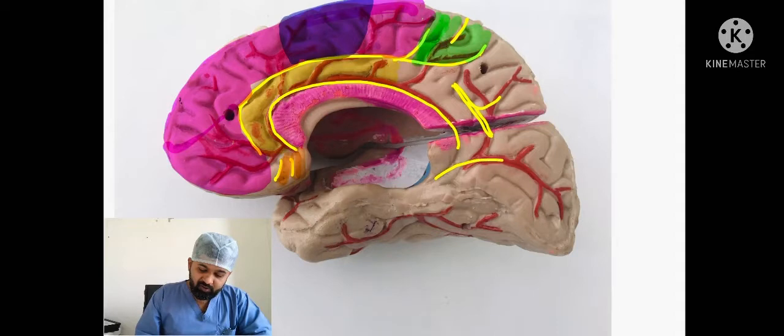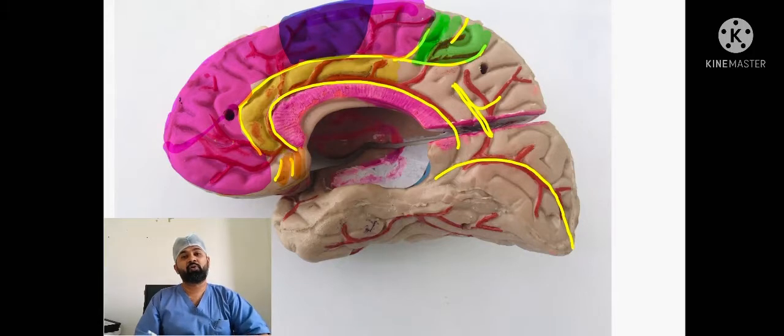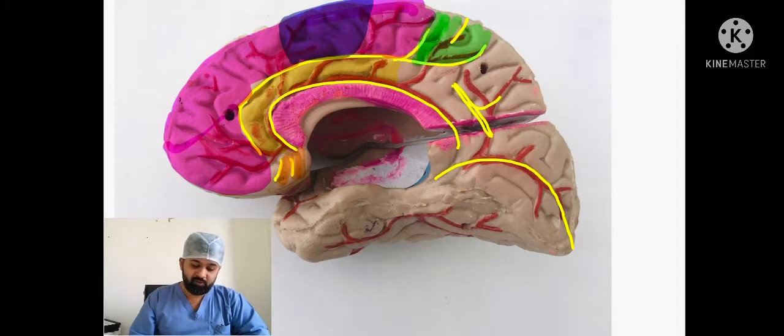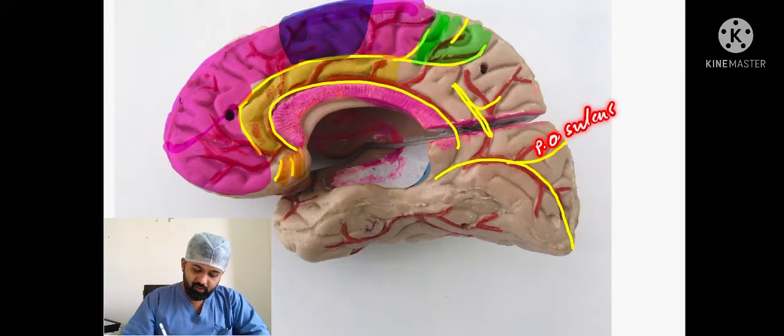This is a C-shaped sulcus with its convexity upwards. It reaches up to the occipital pole, and a part of this sulcus, we saw, is also present on the superolateral surface. Around the middle of the calcarine sulcus, another sulcus arises which goes upwards up to the superomedial border, and part of it is also present on the superolateral surface. So this is the parieto-occipital sulcus, and this is the calcarine sulcus.